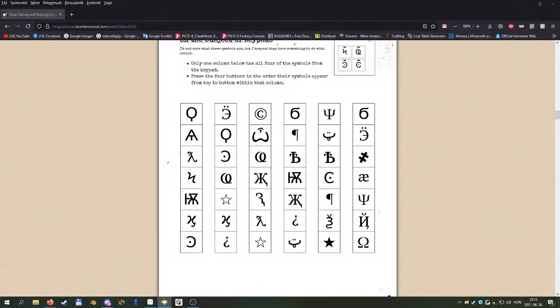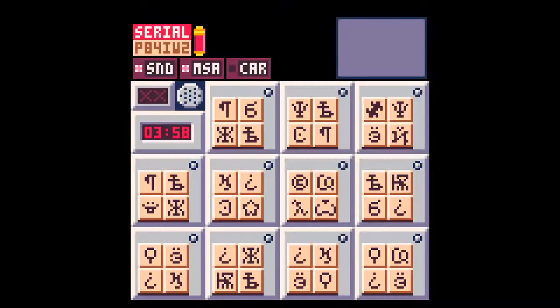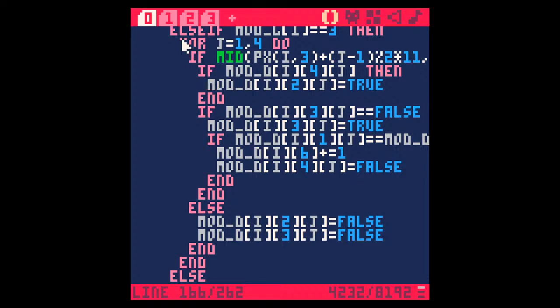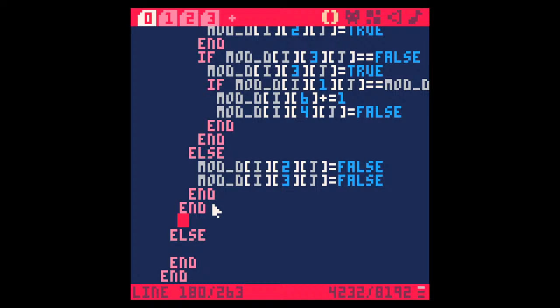Oh, whoops! I just tapped out of my stream. There we go. And now what I can do is just a simple check in the entire module. So that's going to be right here at the very end. If mod data